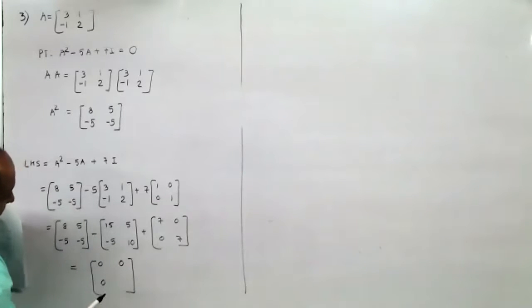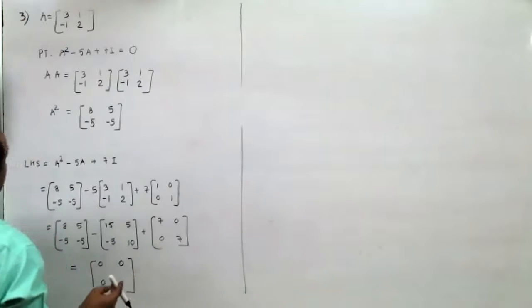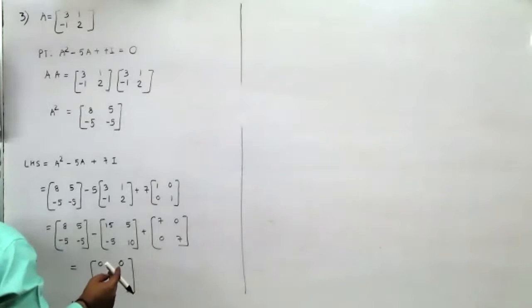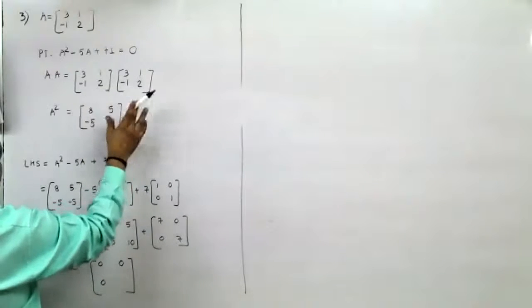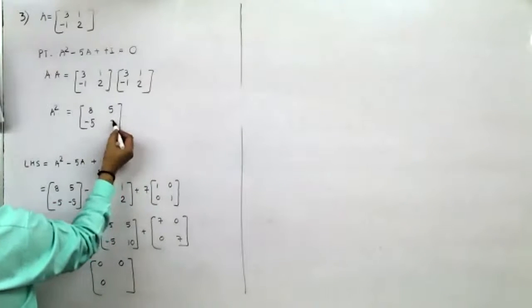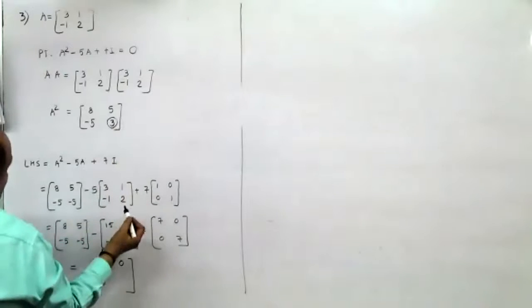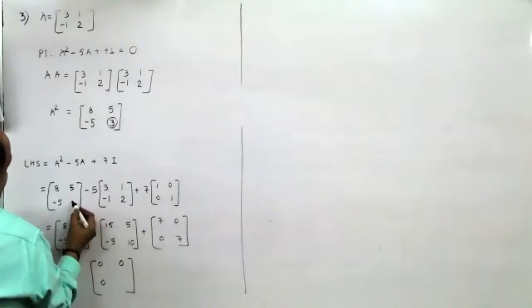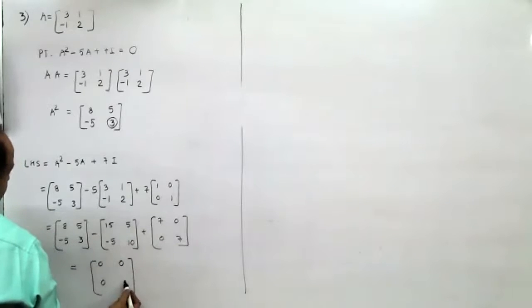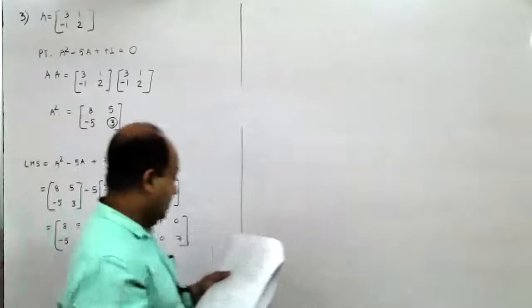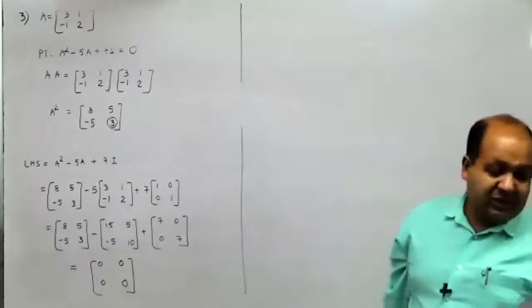This doesn't work. So the A 2 will be 3, no? A 2 would be 3, okay. This one, minus, yes. Right. So 3 minus 10. Now it is correct. Right. Next.